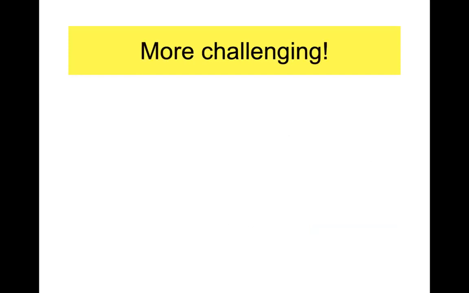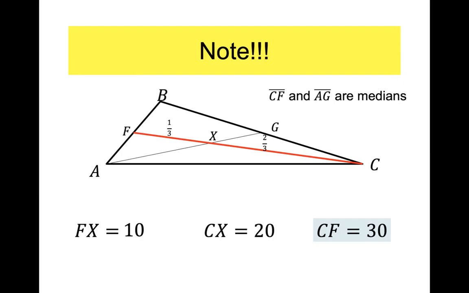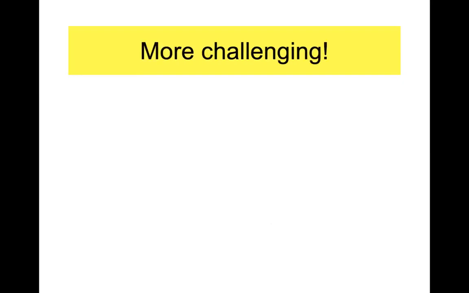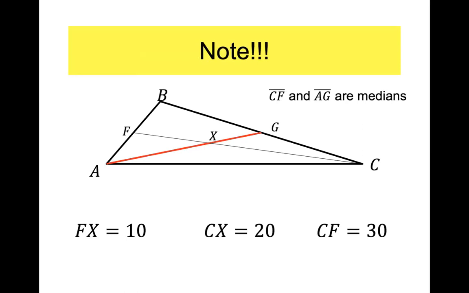All right, a more challenging problem is where, okay, this one is kind of easy because they gave me the entire median. A more challenging problem is, well, what happens if they don't give me the median, right? So here's a more challenging one. So 1/3, 2/3 of AG. So what happens if they tell me that AX is 32? So if AX is 32,